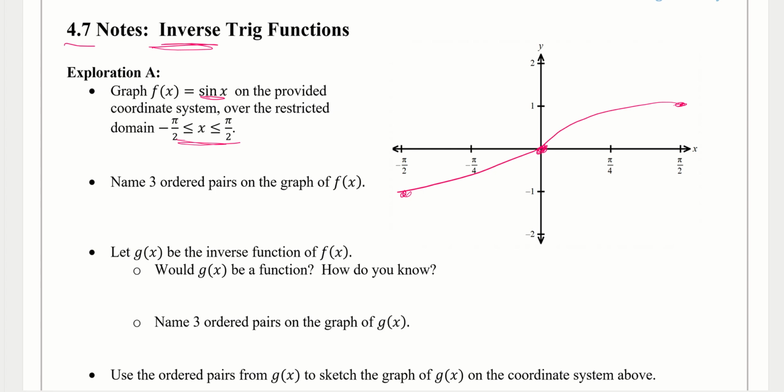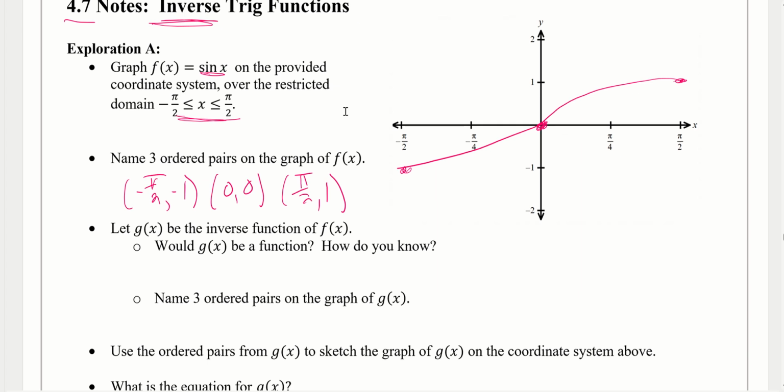And so a few of our ordered pairs are exactly what I just did to graph it. We have negative pi over 2 and negative 1. And then we also have 0, 0. And then our last one would be at positive pi over 2 and 1. Right? And so on our second graph here,